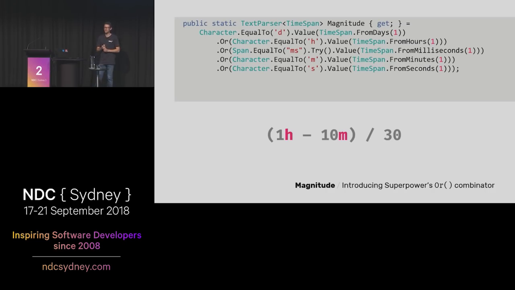If we parse our way through something with Superpower and we fail partway through the input, then that will generally completely fail the whole parsing job, because reporting errors really relies on giving back information that's really specific. So if we parse our way through some input and we fail, that's it. Or doesn't actually try to pick up another parser and try the next one in the sequence. And so the try combinator is in there that causes this one to backtrack, because we do want to continue if we partially matched ms.